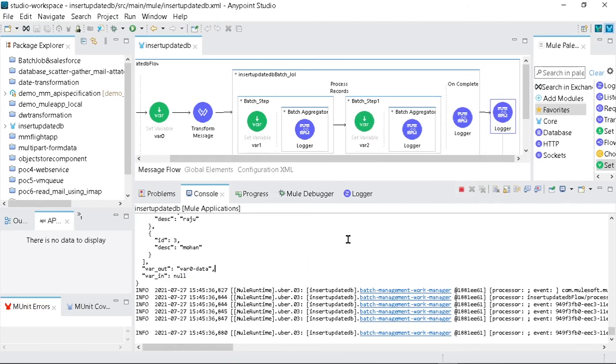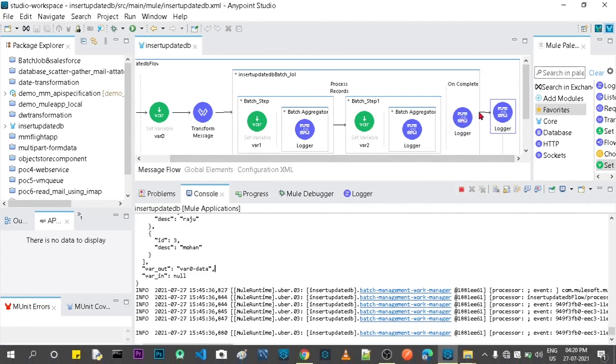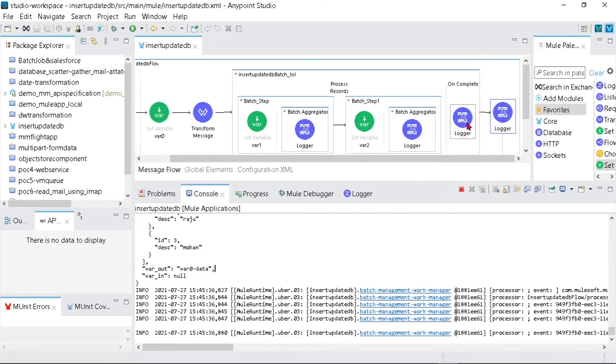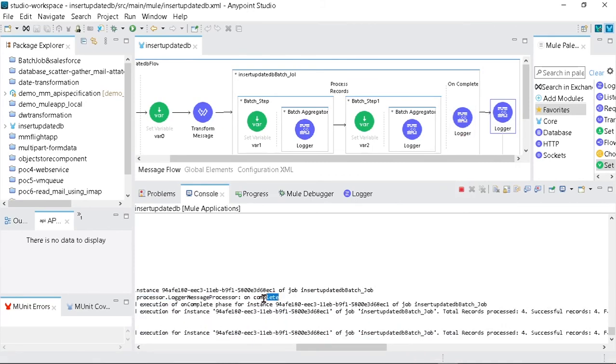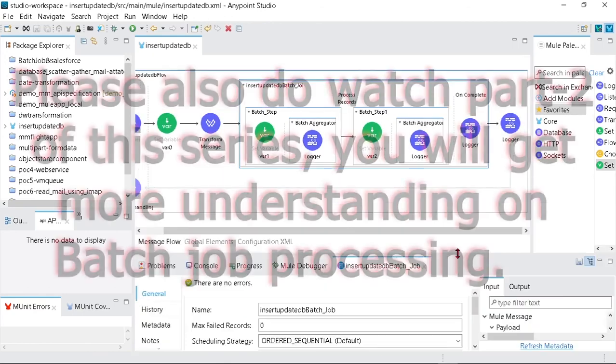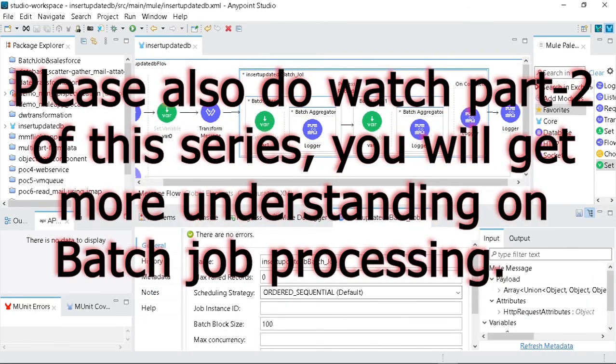On complete, if you remember, I have taken the on complete value for this logger component. So let's check this. Okay, so the on complete value we have received for this logger component. In this way, batch processing has run.